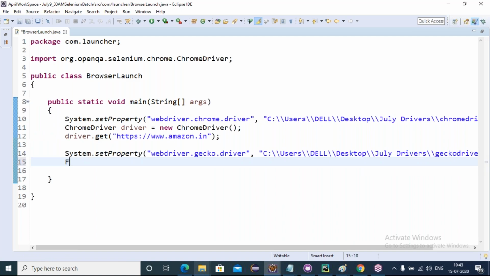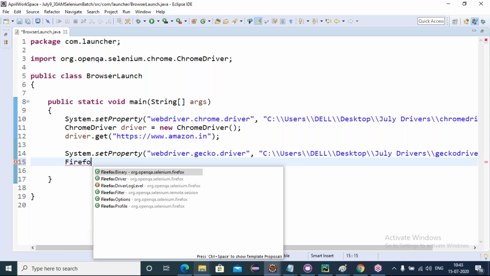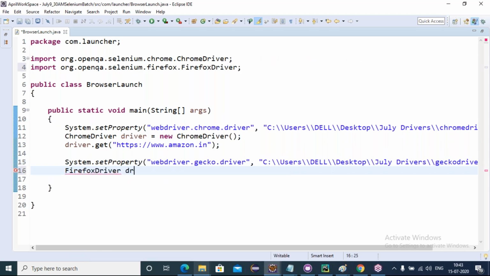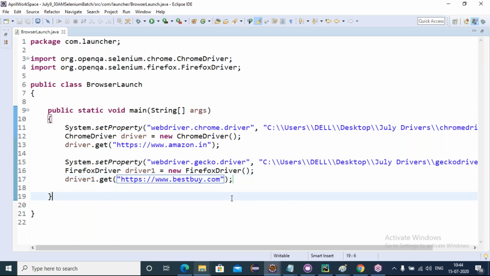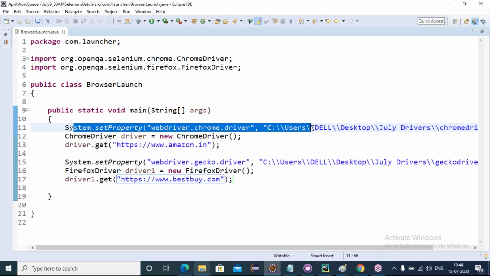So here we have to create an object for the FirefoxDriver. WebDriver driver1 equals new FirefoxDriver. So driver1.get, here I was giving https://www.bestbuy.com. Getting it, friends?